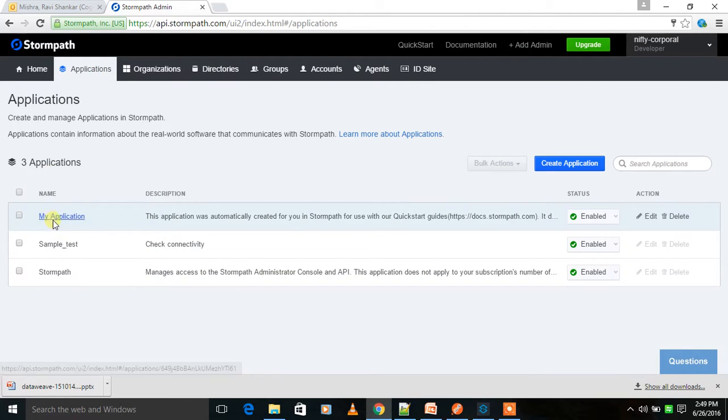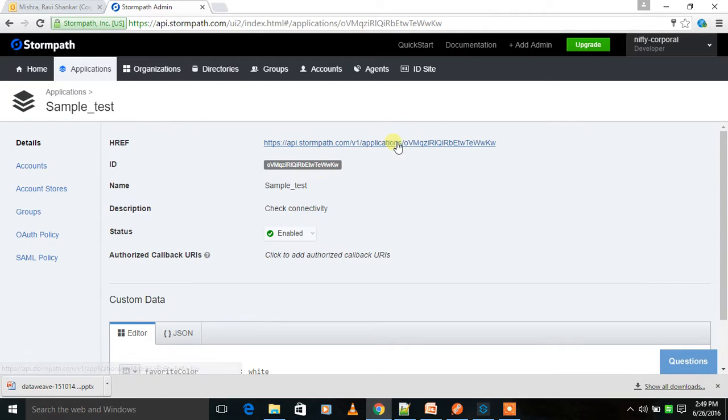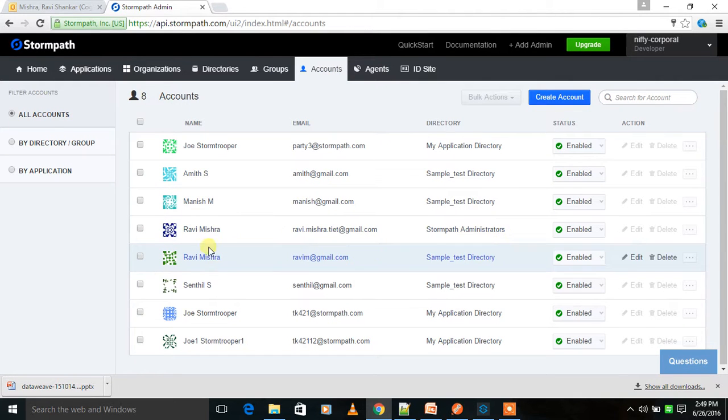If you go to application, you see this is the ID, and this way you can access. They are giving this href, which means you have to use these REST APIs. You can use them, and you can log into this particular ID, and similarly one application ID. Then whatever you choose, you go for accounts. Suppose I am clicking on one account.